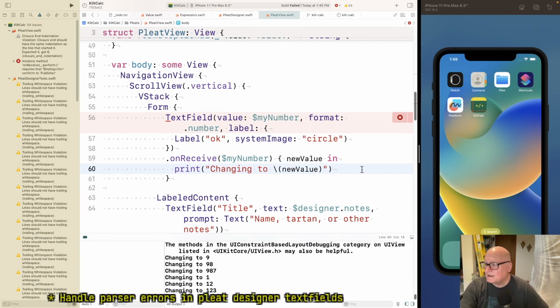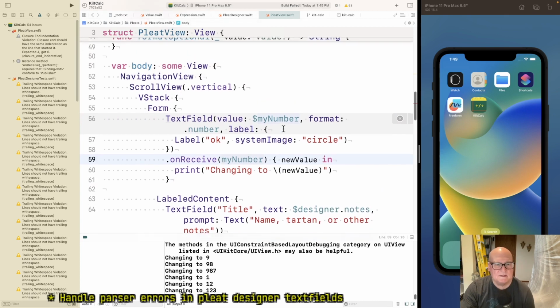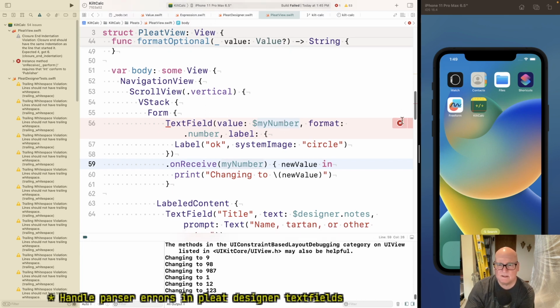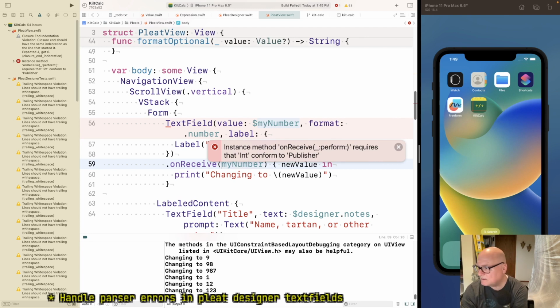Use publisher without the dollar sign on the receive. Okay. Publisher without the dollar sign on the receive. Now that's unhappy. Int conform to publisher. Value dot publisher. No, I don't think I know.